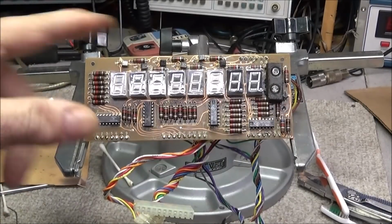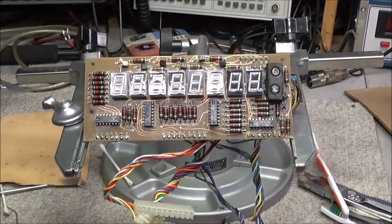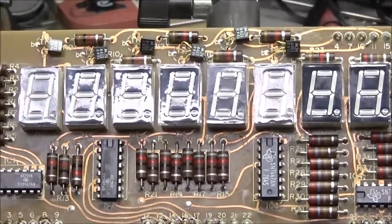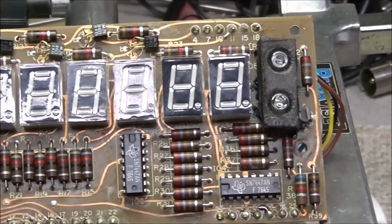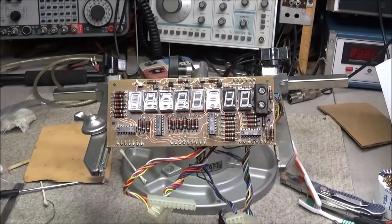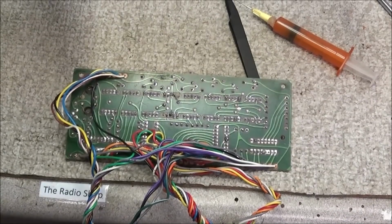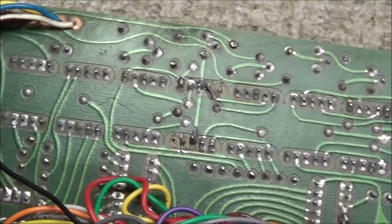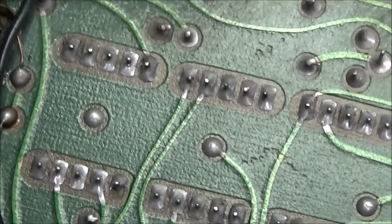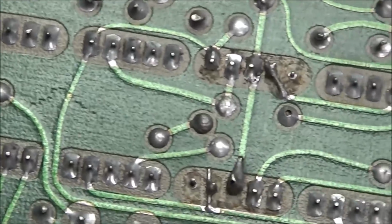Well, as you can see now, I have all the display segments installed. So now all we need to do is turn the board over. We'll look at the back of it. And here we are. So you can see all the soldering is done,